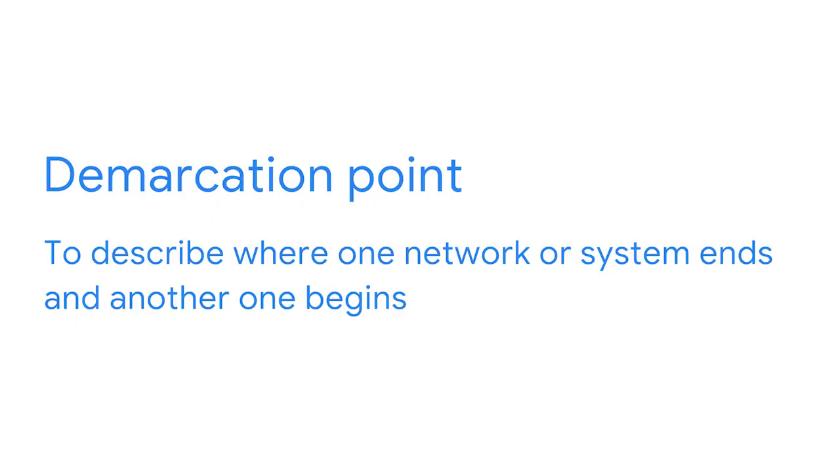This is where CIDR, or classless interdomain routing, comes into play. CIDR is an even more flexible approach to describing blocks of IP addresses. It expands on the concept of subnetting by using subnet masks to demarcate networks. To demarcate something means to set something off. When discussing computer networking, you'll often hear the term demarcation point to describe where one network or system ends and